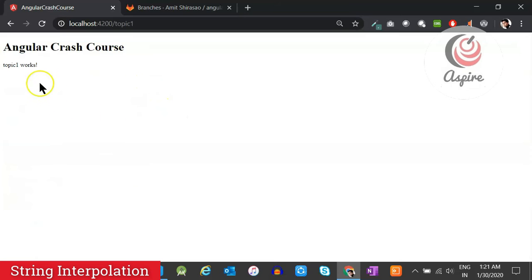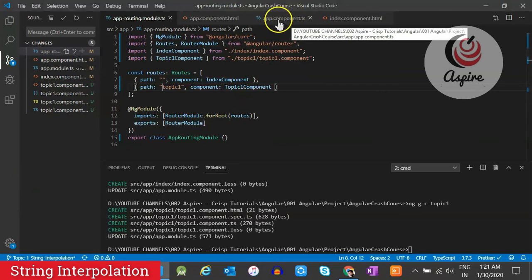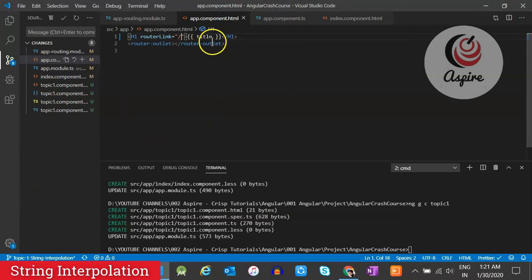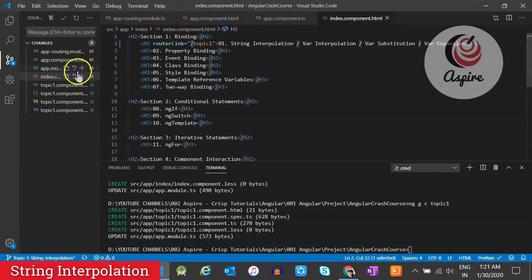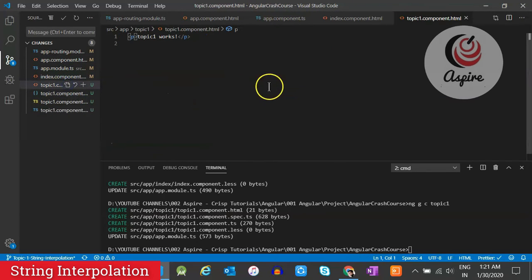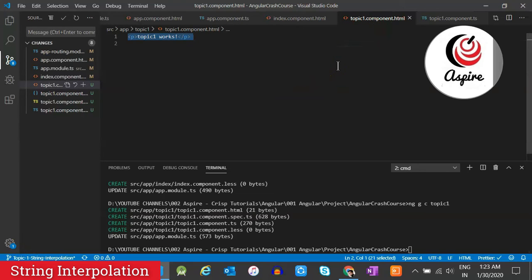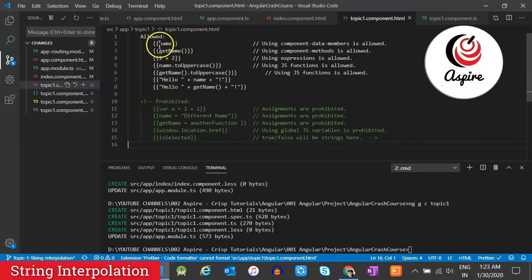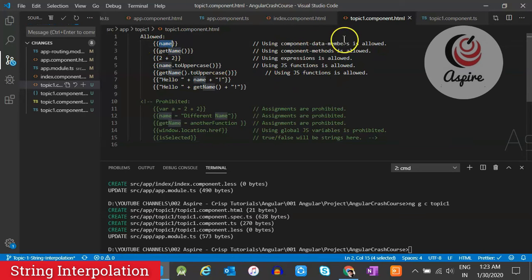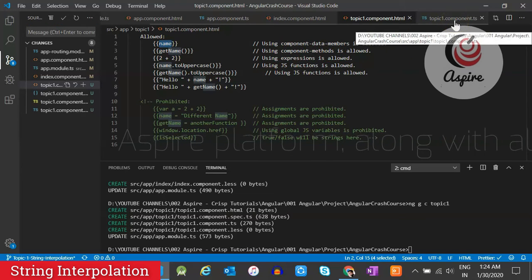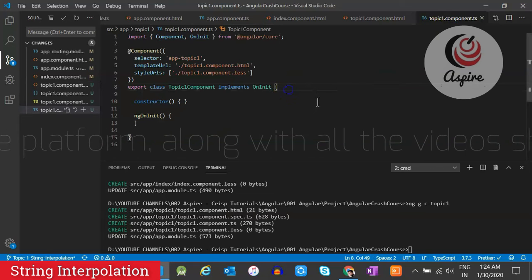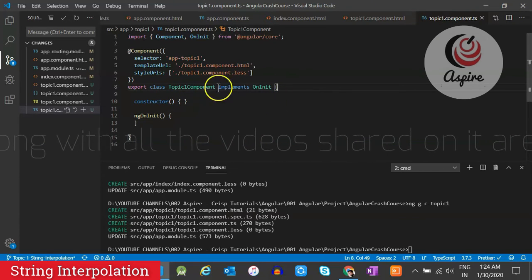Now inside this page, I will give a couple of examples. Let us go over here. Where is my component? This is my topic 1 component. So here I'll give a few examples. Here in the HTML of my topic 1 component, I will paste this code. Here I will have to create name as a component data member and getName as a component method. So let me go to the topic 1 component's TS file, and inside the topic 1 component class I'm going to create